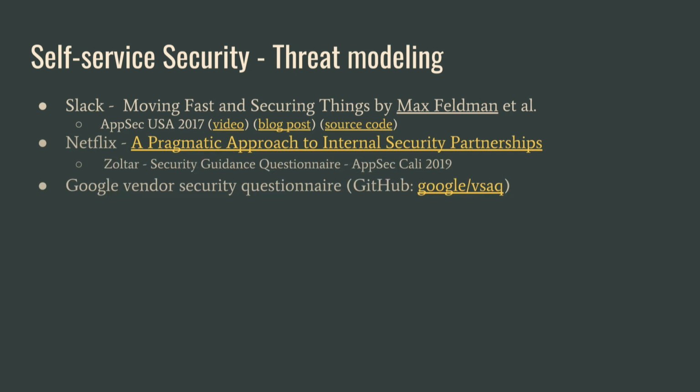OK, so one idea is self-service threat modeling, right? You don't necessarily have time to meet with every single development team one-on-one to threat model each new, say, epic or feature release. So Slack, a couple of years ago, released this tool called GoSDL, which basically is a questionnaire developers can fill out that's like, what are you touching? Authentication? Is this externally facing? What languages are you using? Basically, here's some things to consider.